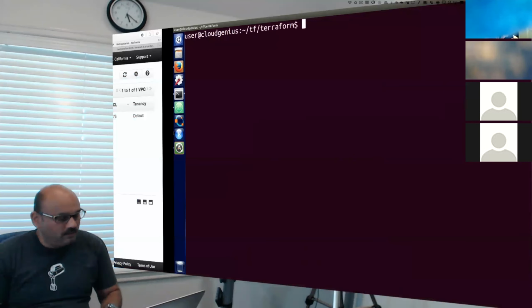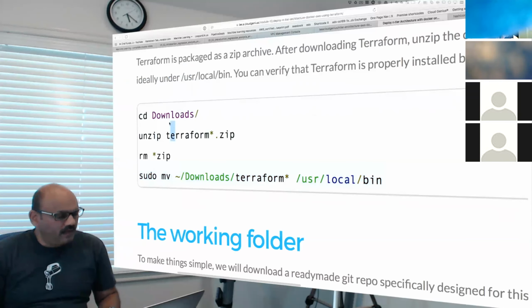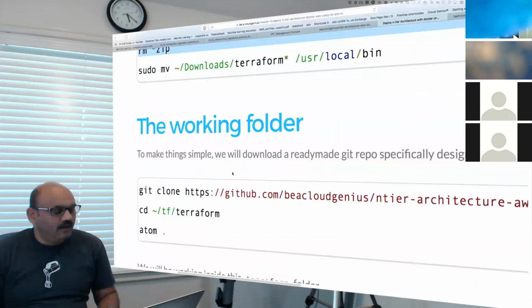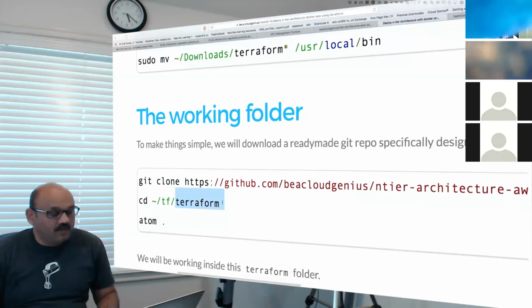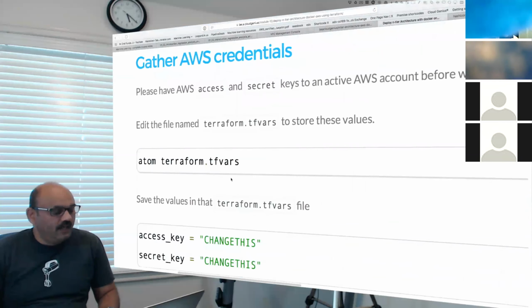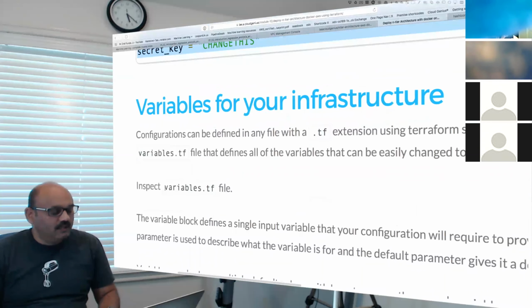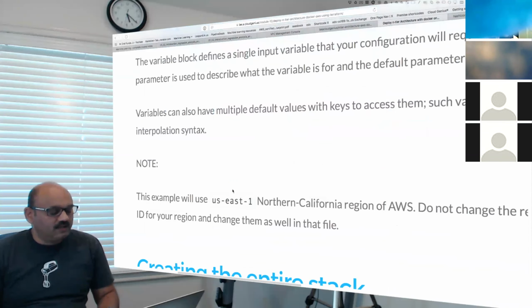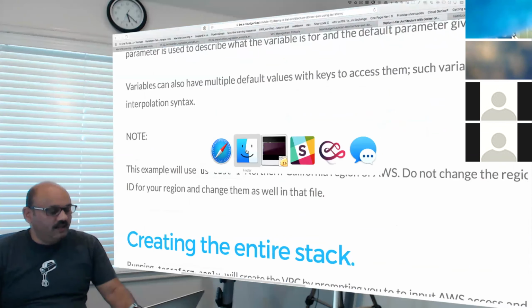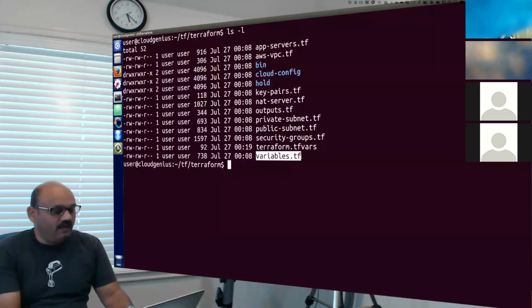You will see that happening as we begin. So let us see where we were. We are here, and we have expanded the Terraform zip file. We are going to be inside the Terraform folder. We are going to edit the working folder and get our credentials, and then put the credentials in like this, changing them. Then we are to inspect this variables.tf file just to make sure that it contains a critical ingredient. That file is this variables.tf file, and that's what I would like you to see. So here, I'm going to open it up in the Atom editor.